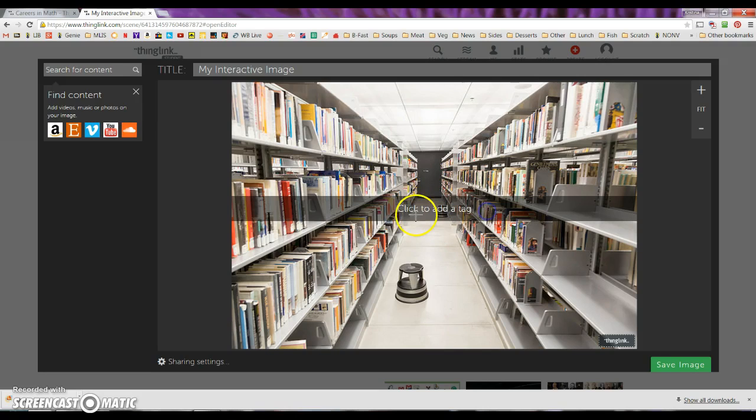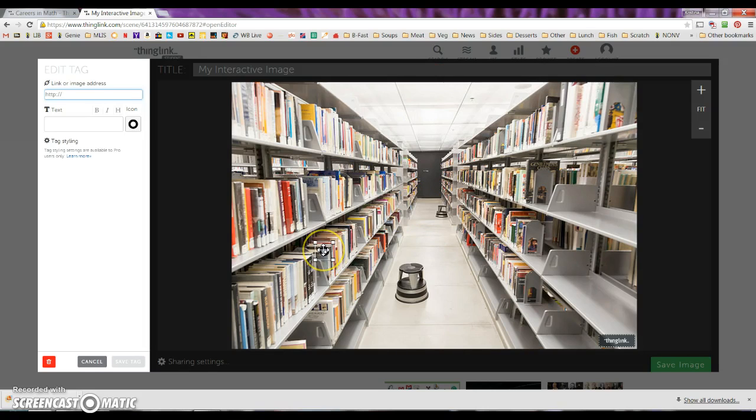It's giving me a little bit of a problem. Okay, so here's my first tag. Now, I can choose whether to add a link or a text. So I'm going to start out by adding a text. I'm just going to say,